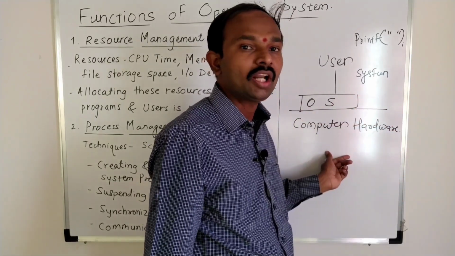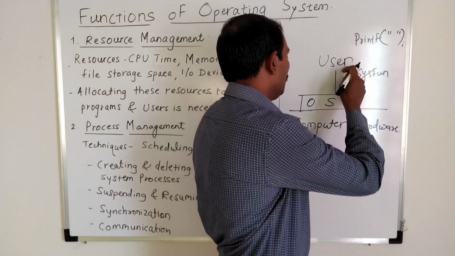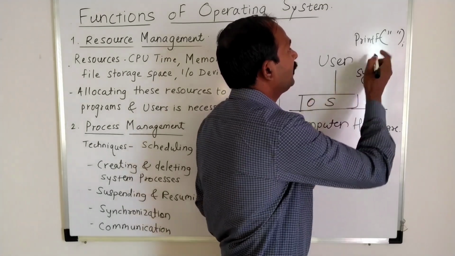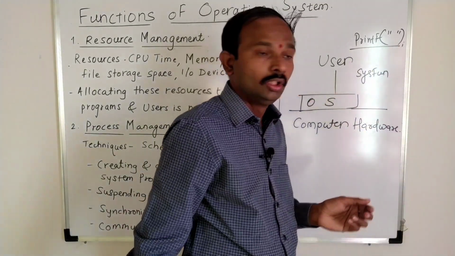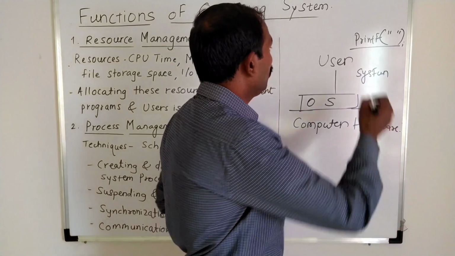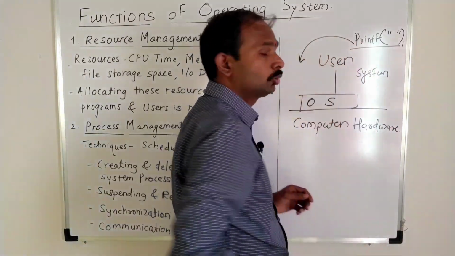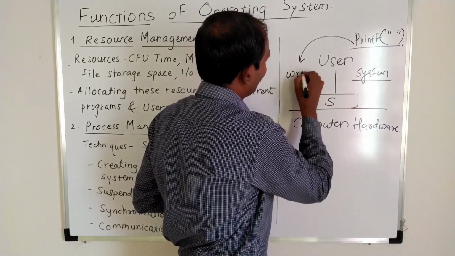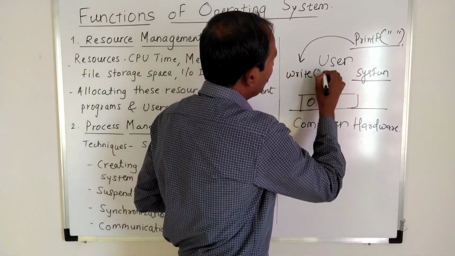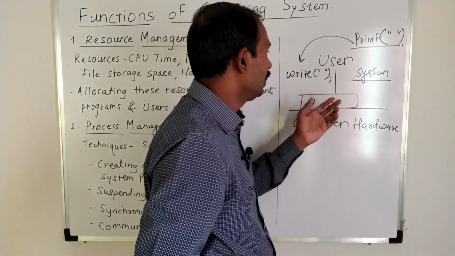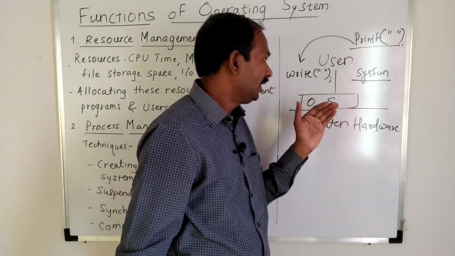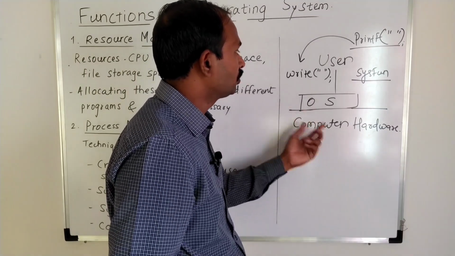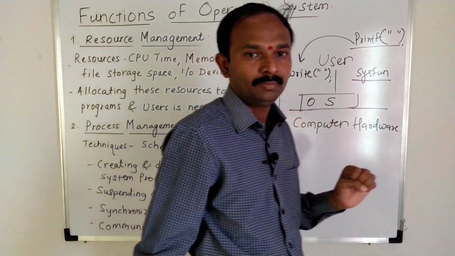the underlying computer hardware. So here the user is giving an input to the computer hardware through the operating system, that is, print some information. Now this is a user function. So the user function has an associated system function that is known as write. This particular system function will be understood by the operating system, and then it is going to write some information on the output screen of a computer system.